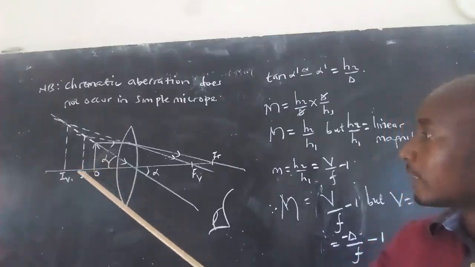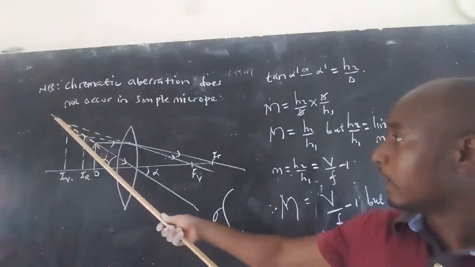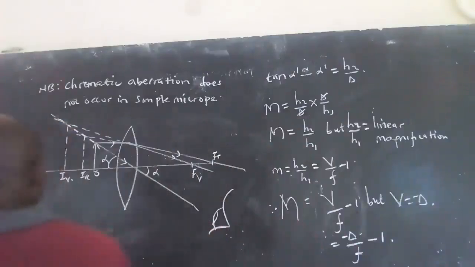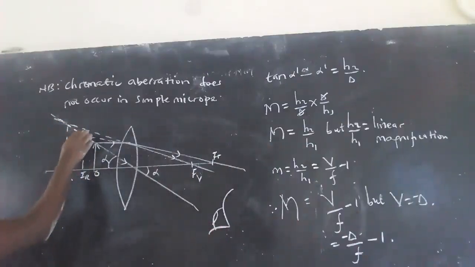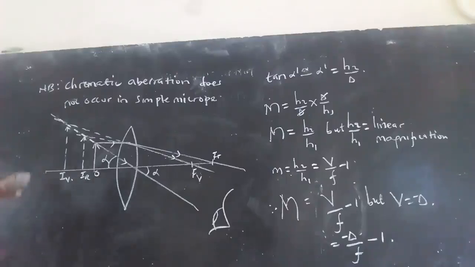But now, these colors appear superimposed here. They appear superimposed because they subtend the same visual angle. So the reason why the images are free from chromatic aberration is that when a colored object is placed in front, various colors corresponding to maybe red and violet